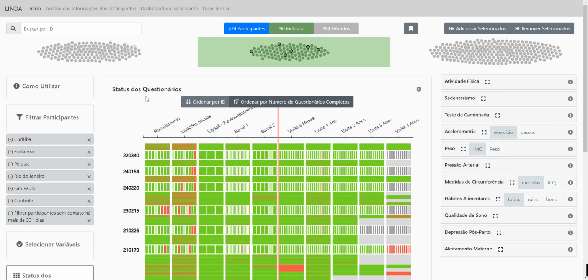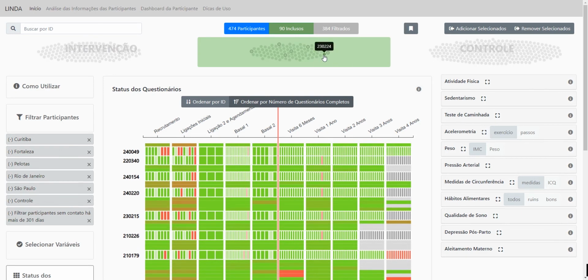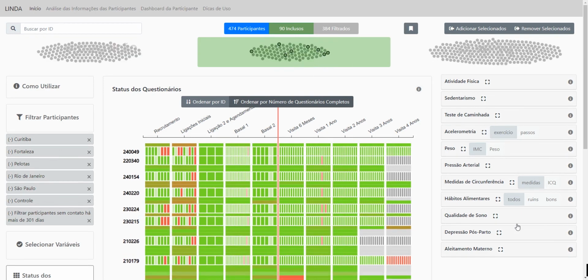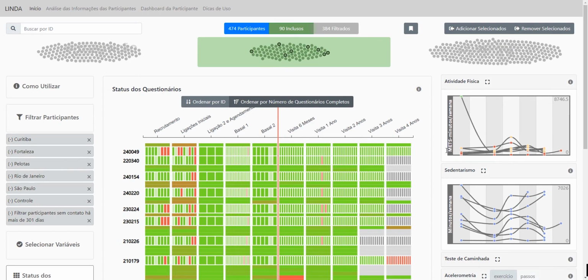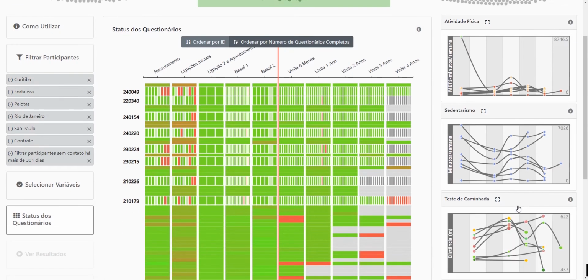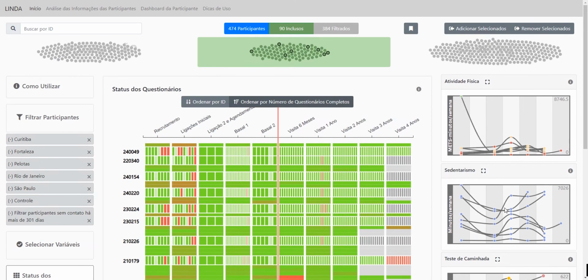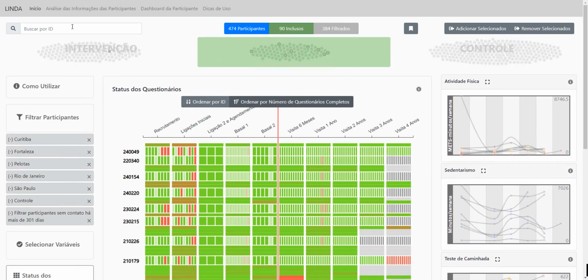So these participants that are selected are also selected in the overview visualization. So in the same way the selections in the visualization affect the overview, selections in the overview will affect the visualization, and all the selected participants will be shown in the temporal visualizations on the right. Apart from manual selection, we can also select participants by their ID,